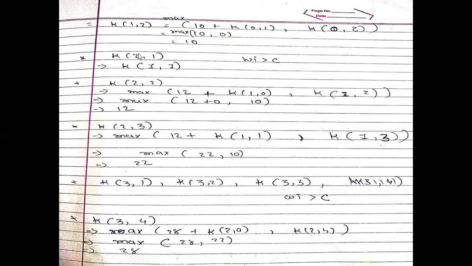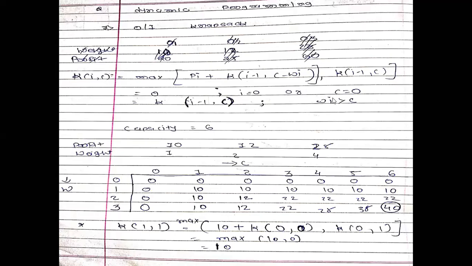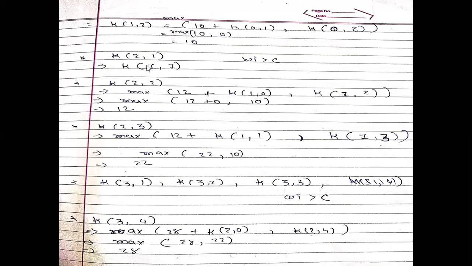You can see, according to the condition, our I is 2, C is 1. Okay. Now the value of I is 2. So what will the weight of I be? Here also 2 is given. Weight of I is also 2. 2 greater than C. So what does this condition become? True. 2 greater than 1. So this condition is true. So instead of this formula, you have to apply this formula. Whenever you satisfy this condition, you have to apply this formula instead of this formula. Is it clear? So this condition is true, meaning which formula do we have to apply? This one. Okay. So K of I minus 1, C.